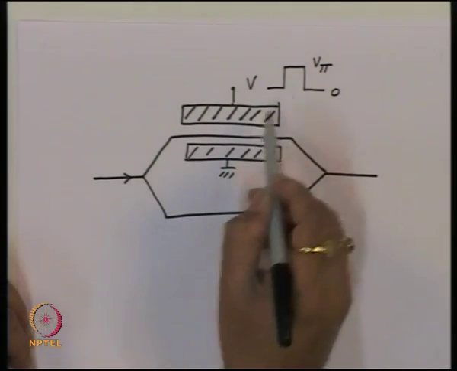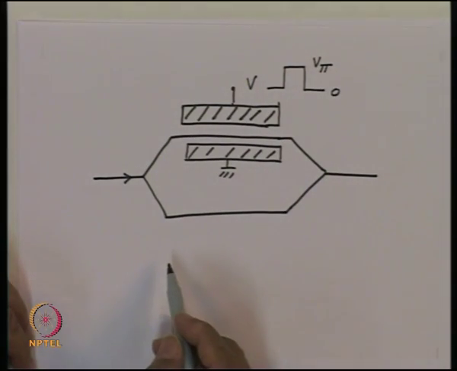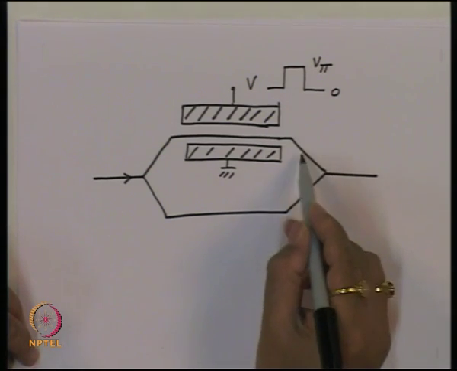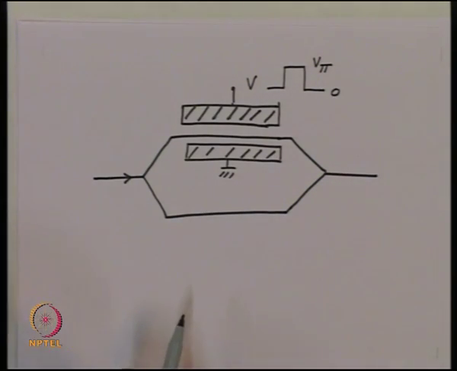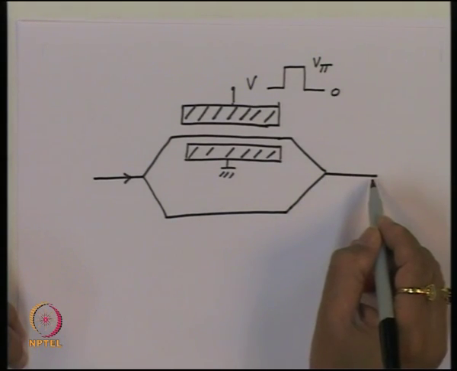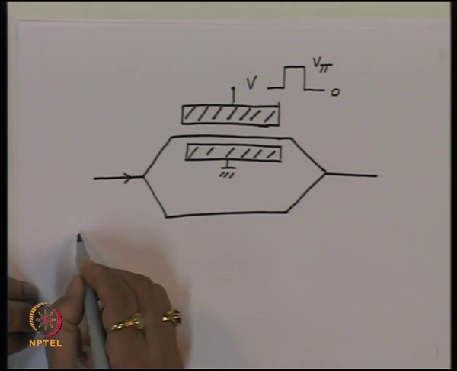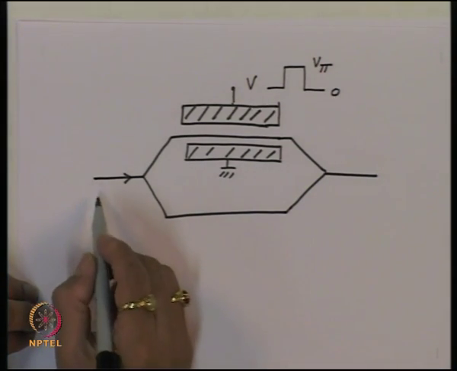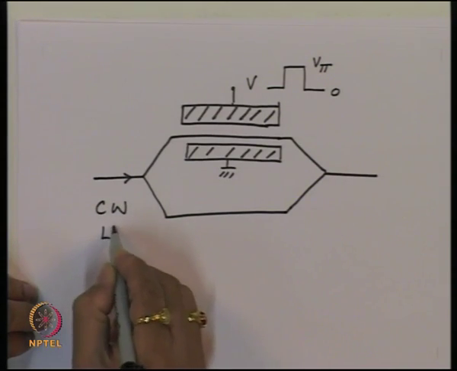Whereas when this voltage is V pi, that time this light will undergo a phase change of pi, and therefore the light reaching from this arm and this arm will be 180 degrees out of phase. So we will have destructive interference of light, and we will not see any light coming out of this. So we will get a 0 light. So if we have now continuous light here, CW light,